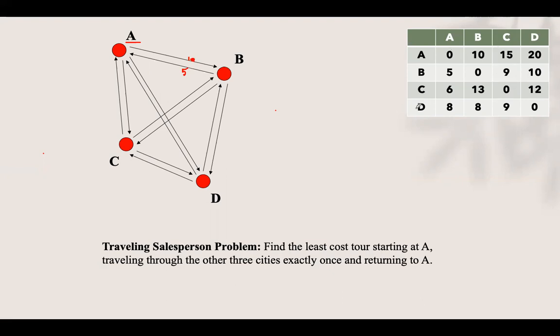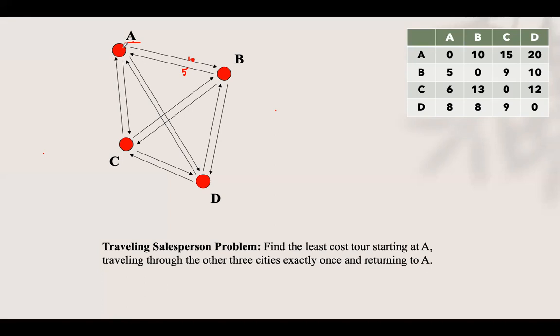So traveling salesman problem is, if you start with one vertex, you have to go through all the vertices and come back to the same vertex. That is, if I start from A, I have to go to all the vertices in the graph and come back to the original initial vertex A. While doing that, you have so many different paths, but you should do that within minimum cost. That is traveling salesman problem.